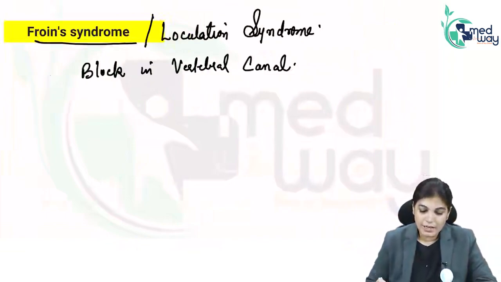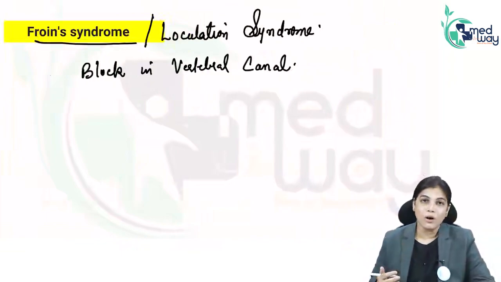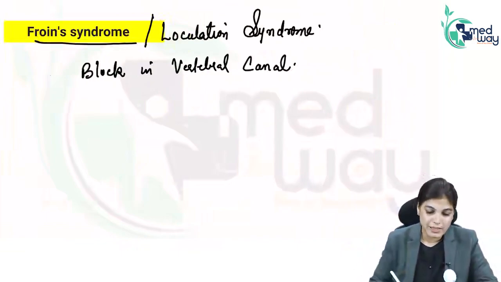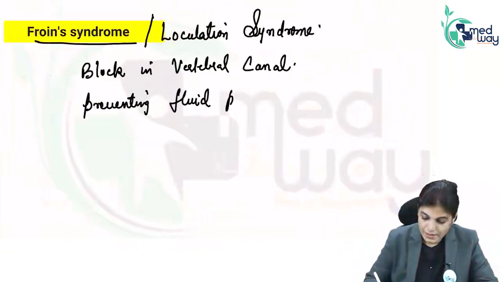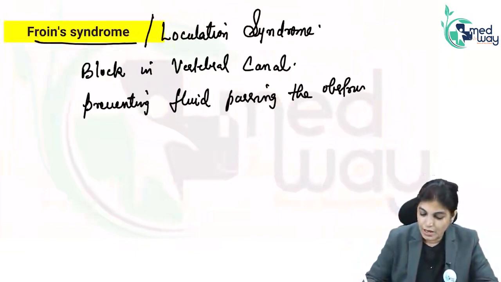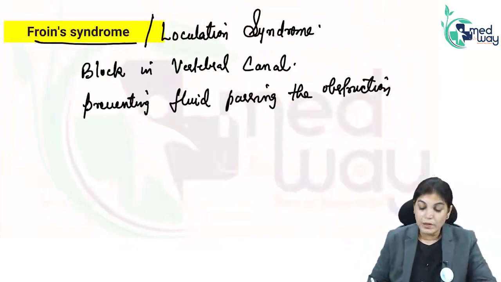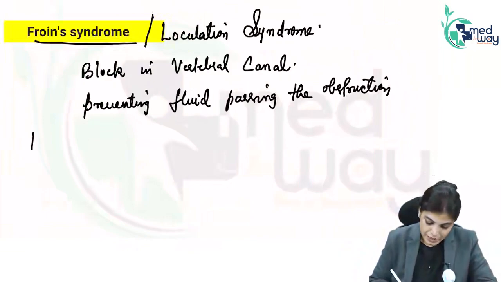The CSF which is lying below the obstruction will have certain features. So exactly, there is a block of the vertebral canal preventing the CSF fluid from passing the obstruction. Now the features of the CSF fluid below this obstruction: